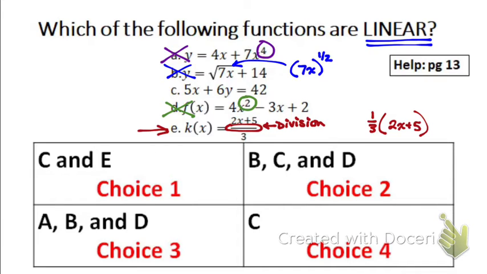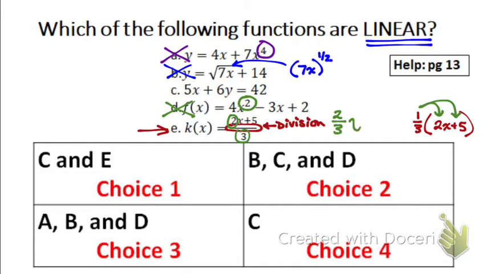So I can distribute with my division the same way I would distribute with multiplication. With multiplication, each piece gets distributed to, right? Division, it's the same thing. So with this one, I'm going to take the 2 and divide it by the 3. So that would be 2/3 and then x. And then I take the 5 and I divide it by the 3. So plus